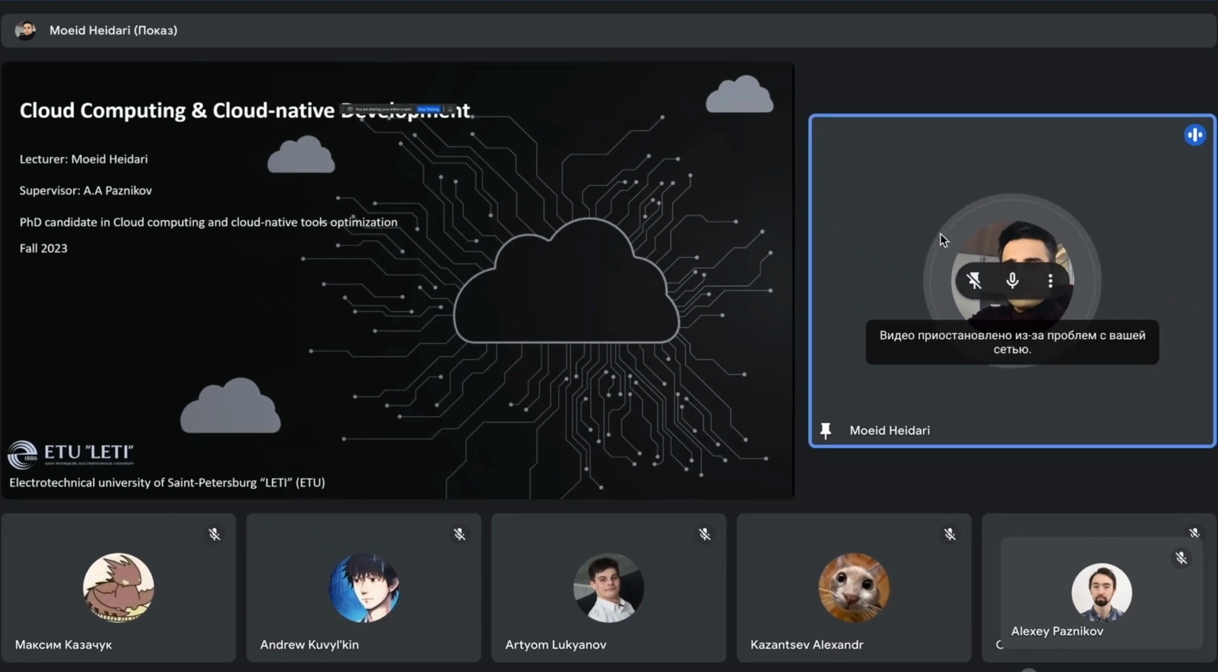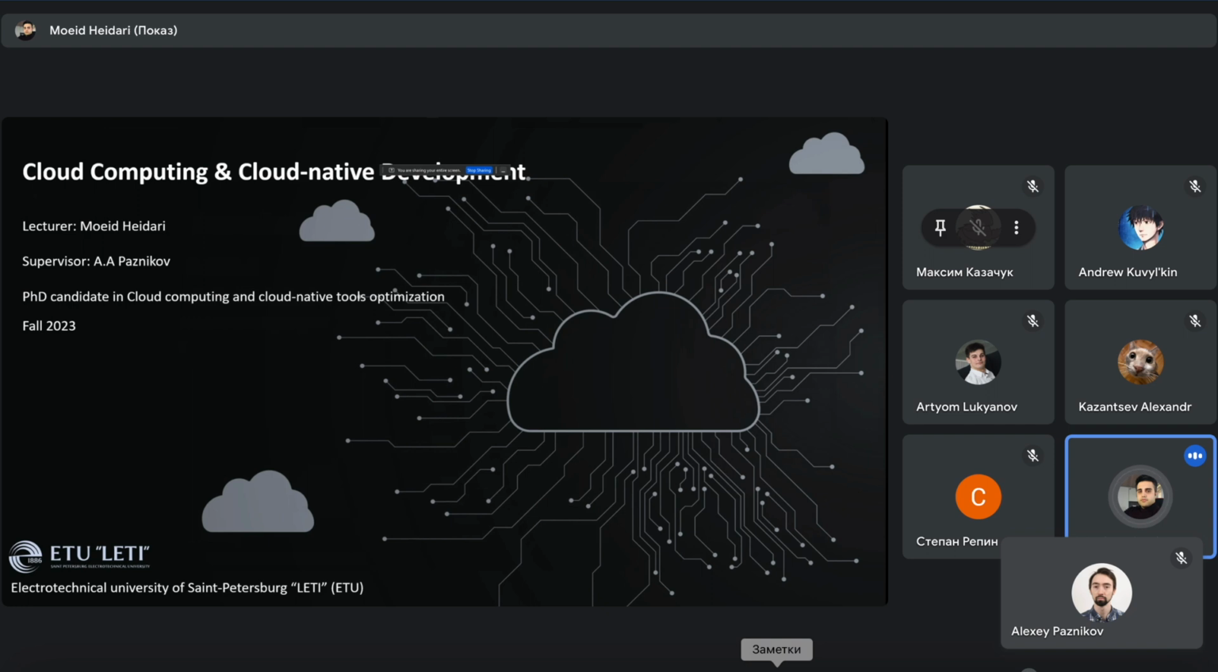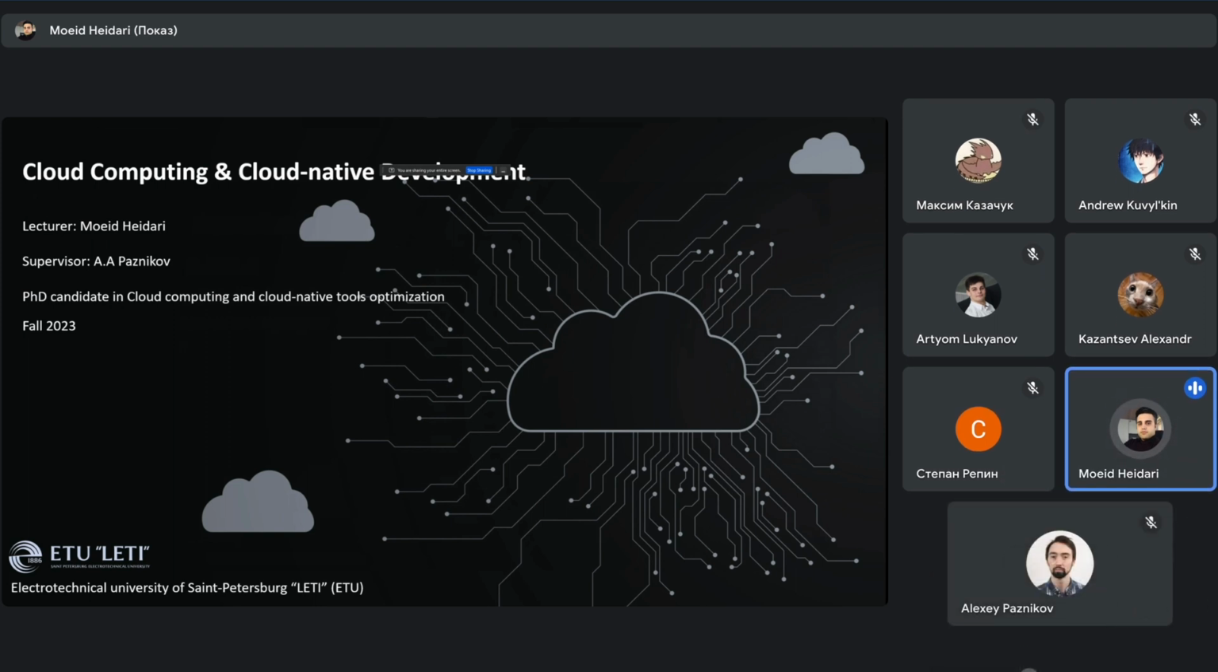Today's lecture is going to be about cloud computing and cloud native development, which is one of the hot topics nowadays in software development society. I'm going to talk about this technology and the important thing about cloud computing, why we should migrate to cloud, and when we migrate to cloud, what things we